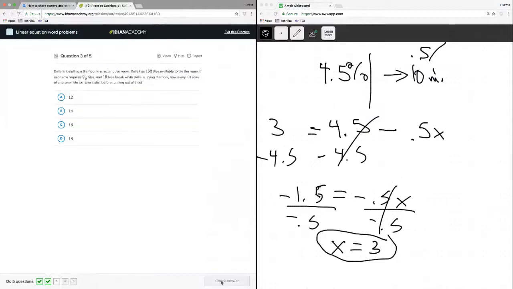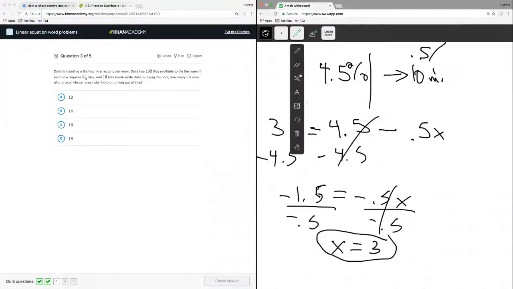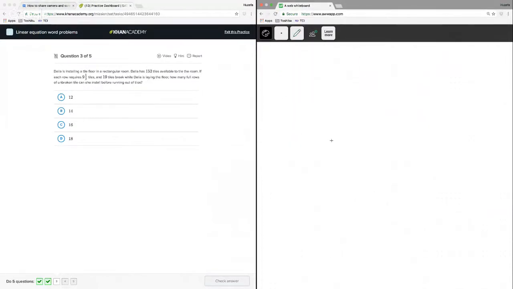Let's move on to number 3. All right, let me delete this. Dahlia is installing a tile floor in a rectangular room. I'm going to right off the bat draw a rectangle. Always. Dahlia has 152 tiles available to the room. Maybe I'll say 152. If each row requires 9.5 tiles, so each row